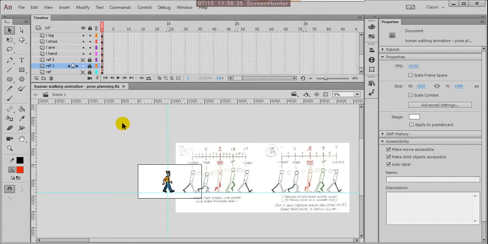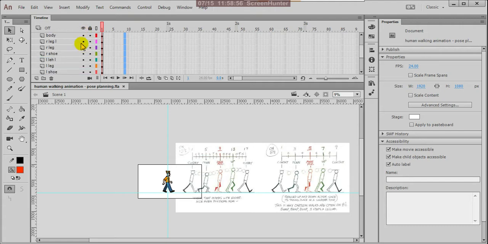So for that, what we do, at the 9th frame, suppose this is the 9th frame, at the 9th pose, press Shift and click here.